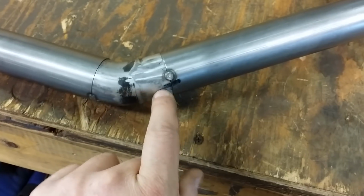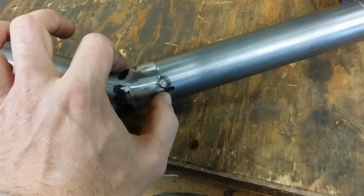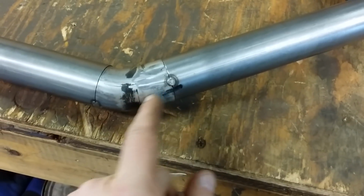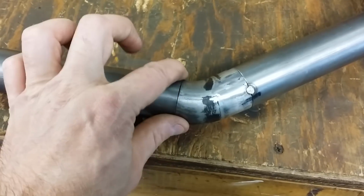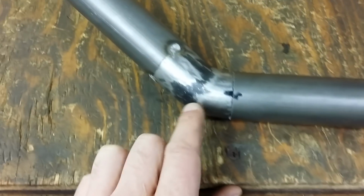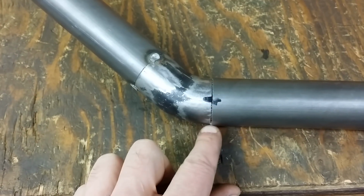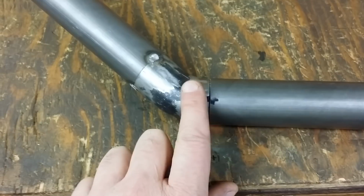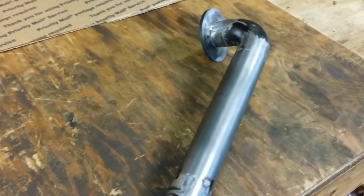And then when I used this one, I made sure that I got it as close to 90 degrees as I possibly can, even though it was in a bend. And you can see that the joints are pretty tight. I just got it tacked together. I'll go around and weld the piping all the way around. And then I'm going to grind it so it's smooth. So it looks like one solid pipe all the way down and then